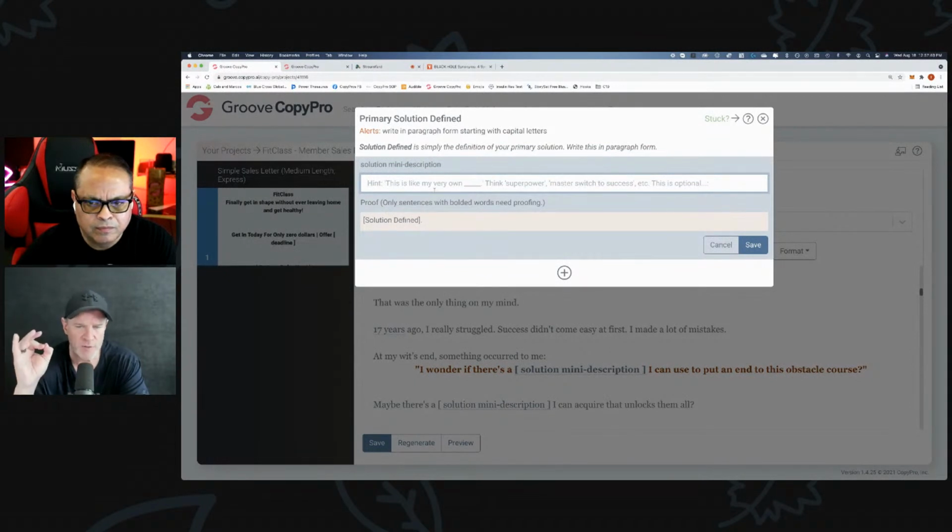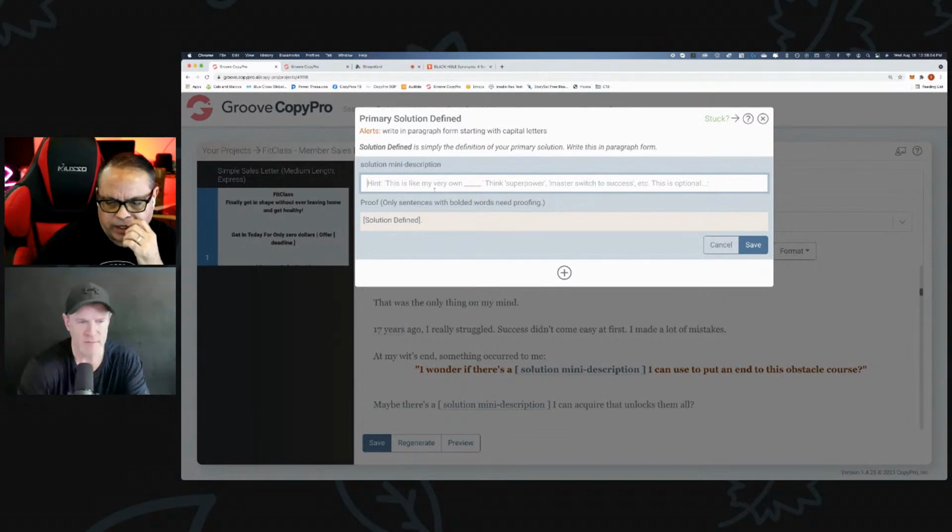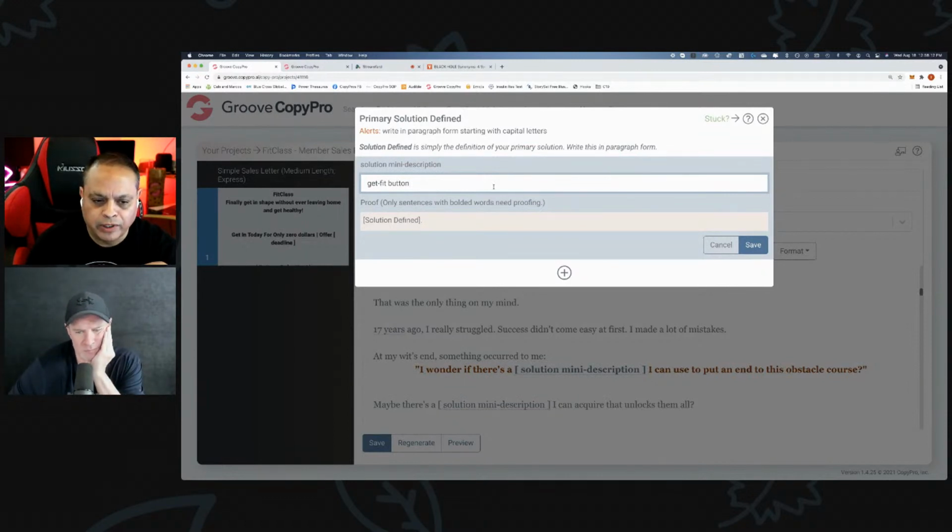So remember what their primary solution was? We came up with this primary solution called on-demand fitness. Think of this as a push button. Even if you're using something like Peloton, the class may not start till 7 and it's 6:20 and you need to leave the house by 7. And number 2 is that I'm now at my cousin's house on vacation and my Peloton's at home. I can do this anywhere, anytime.